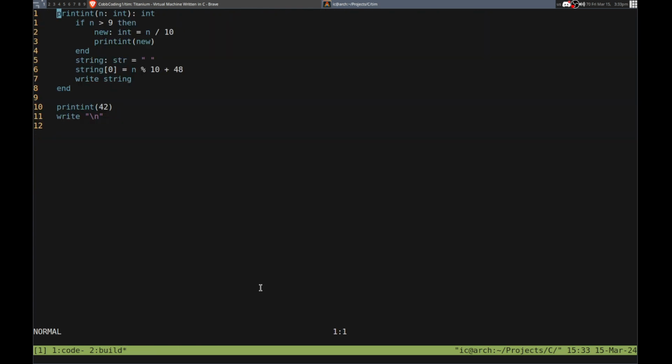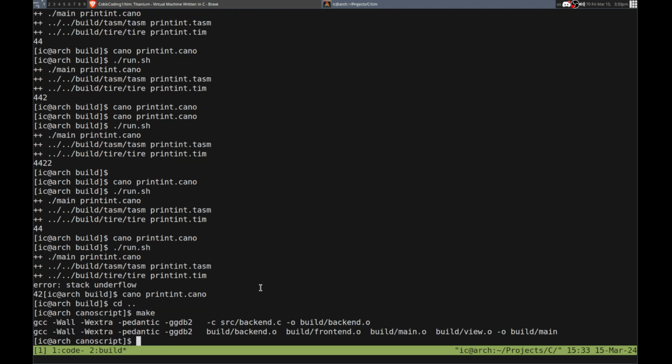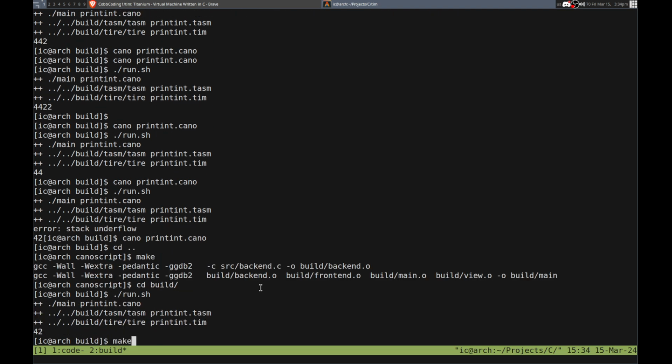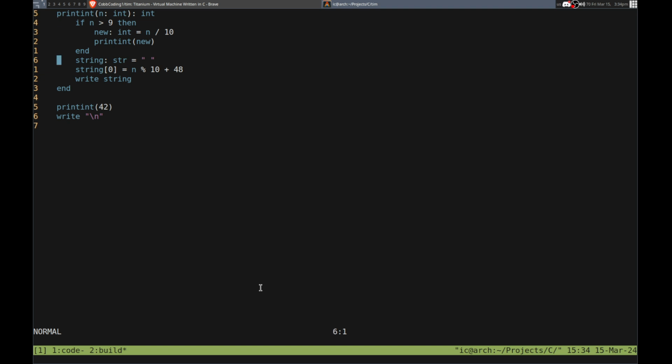But we get a stack underflow. Oh yeah, because we gen the pop. That's why we get a stack underflow. But yeah, you can see then it will generate properly. But it really shouldn't do that. So